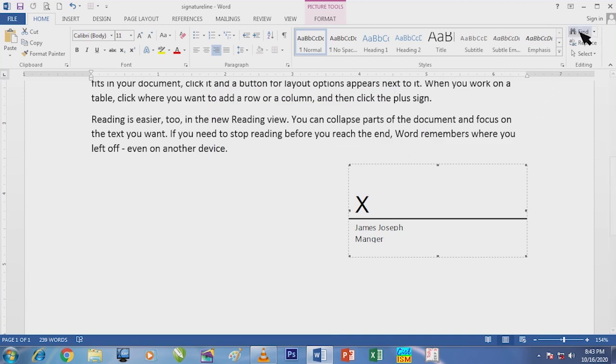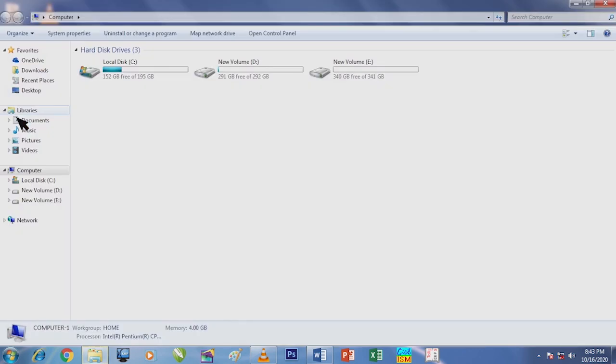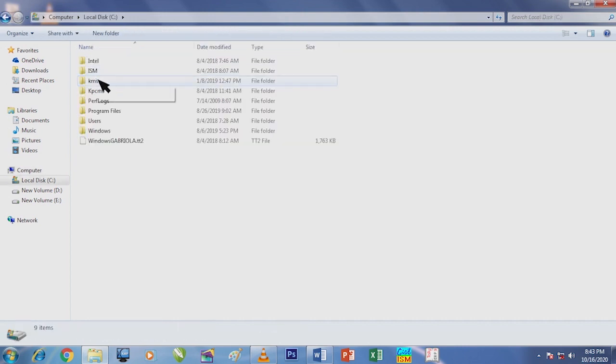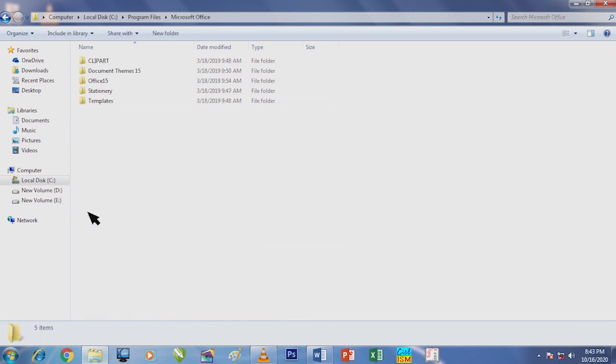I minimize this document and I go to Computer and go to C drive, then go to Program Files and take Microsoft Office and go to Office 15.